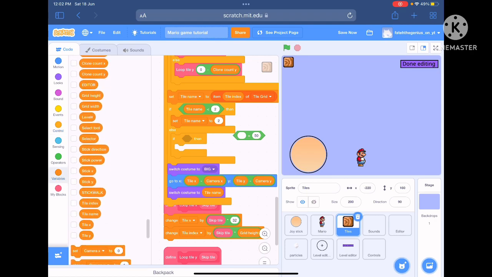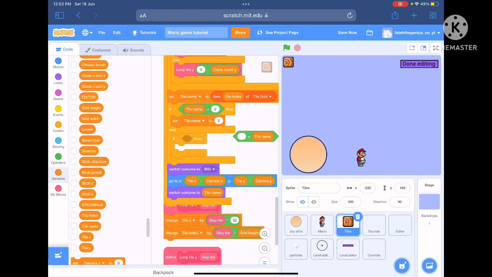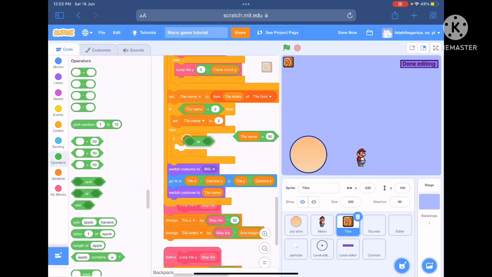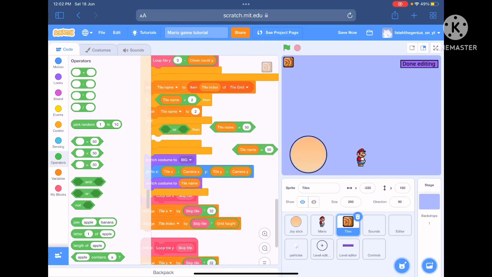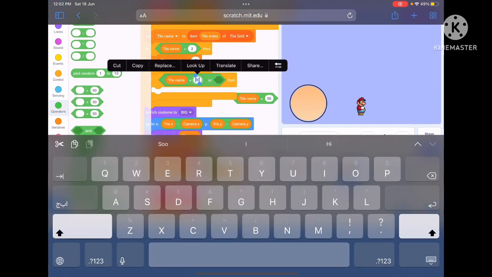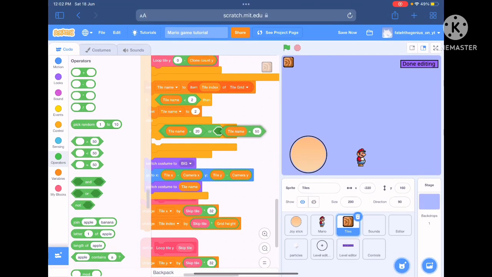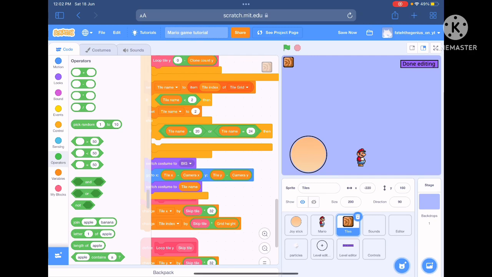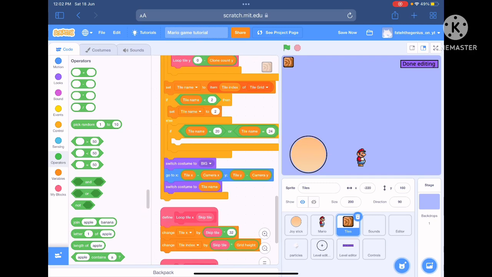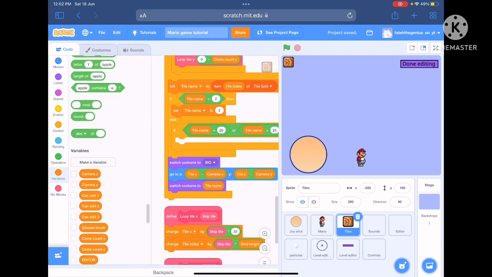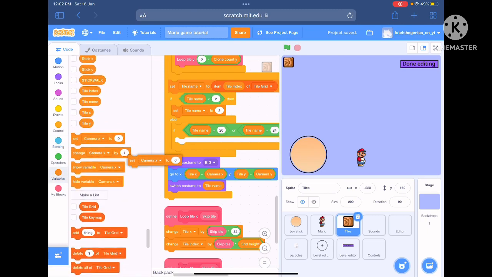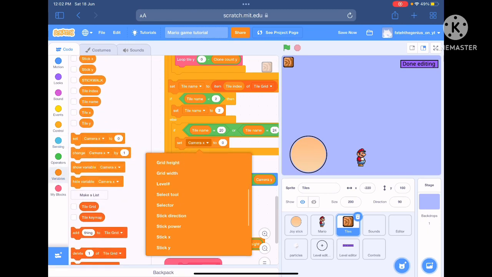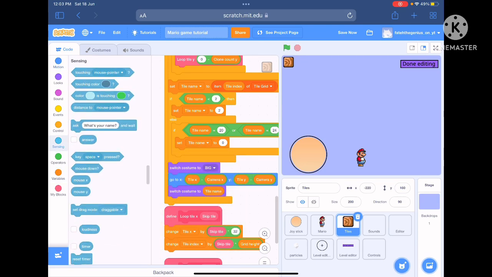And in the else, we'll check for equals the tile name equaling, with the or operator, because the question mark is 20, I think, and coin is 24. So we'll check if the tile name is any of that. Then we'll set the tile name